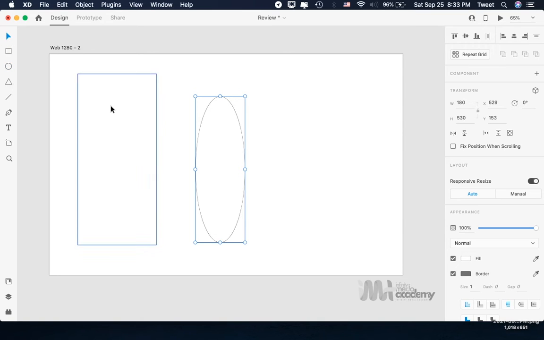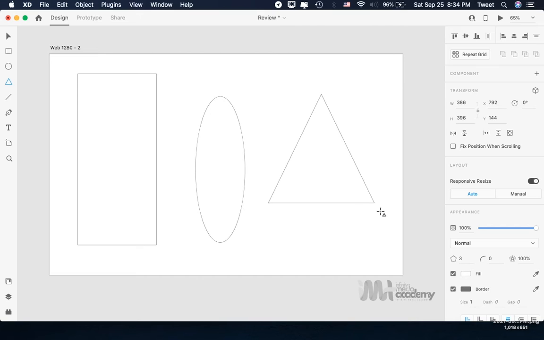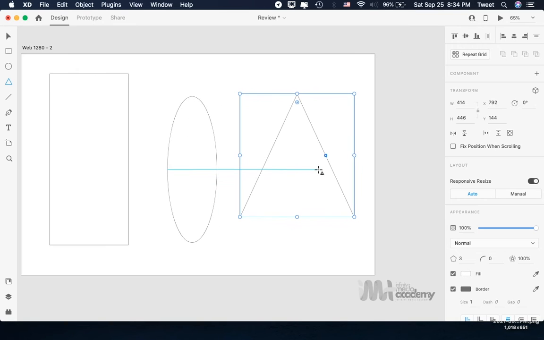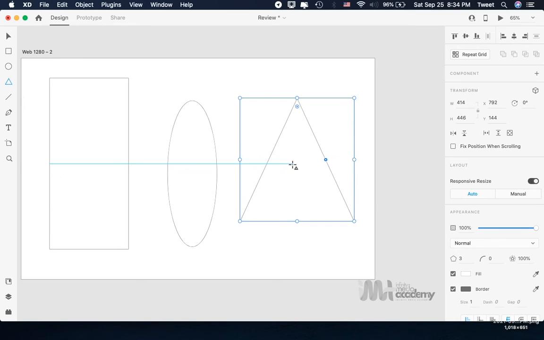Now, the other one that you also want to look at is the triangle shape that you can see here, which is the polygon. Once you click on the polygon and then come to your artboard, you can click and draw a triangle shape at first. If the shape that you want is a triangle, then you can leave it like this and start making your design with the triangle shape. But if you want to make other polygons from this triangle that you have just created with the polygon tool, click on the select tool again to escape out of the polygon tool that you have selected, and then